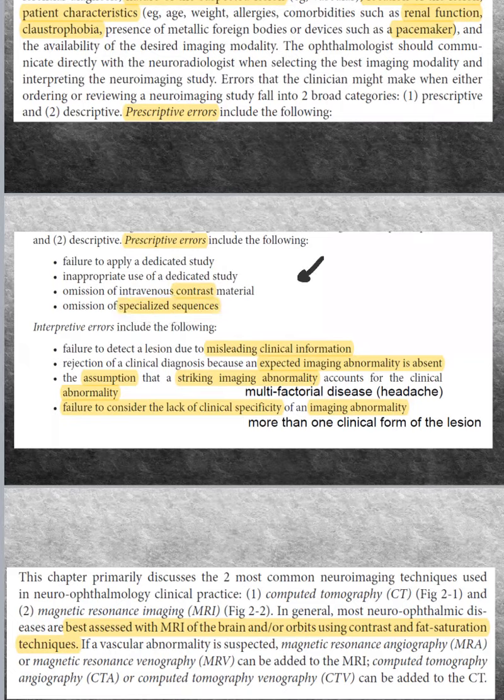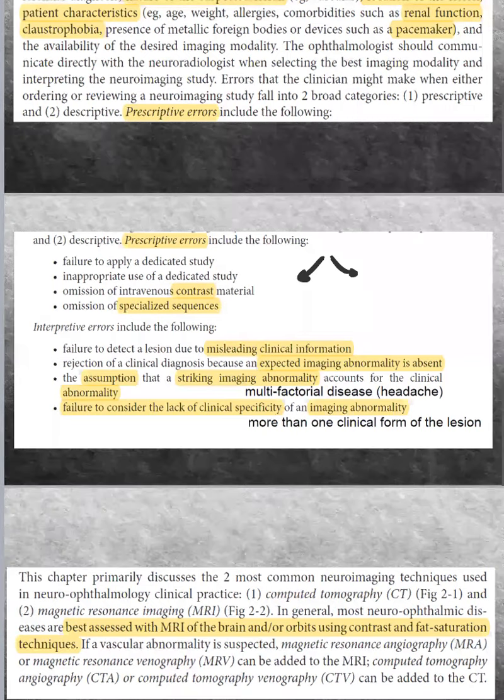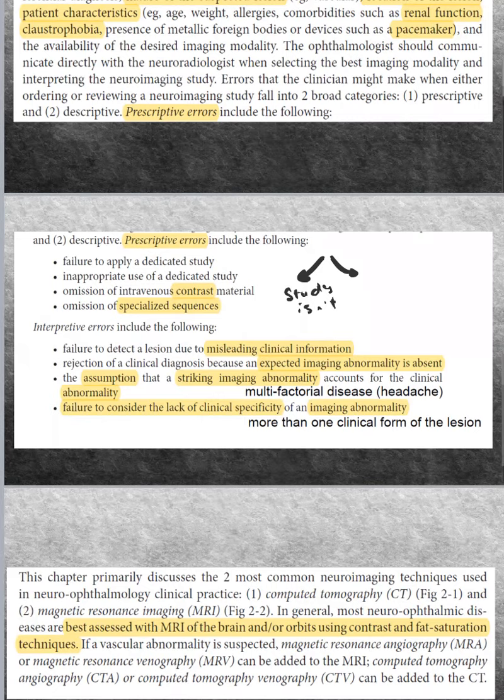So here we can be brief to summarize this one. Either the study isn't done. Number one, the study isn't done at all. And number two, the study isn't done well, okay? Isn't done well, or isn't done in a perfect way. So these are called prescriptive errors. So this is before the study, either I didn't do the study, or I didn't do the study in the perfect way. Okay,